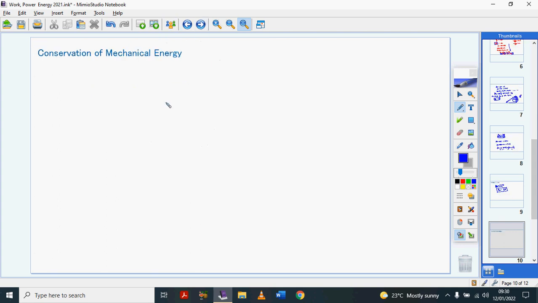conservation of mechanical energy, I've kind of talked about this, that the total mechanical energy of any system is always conserved. So the total mechanical energy, which is potential energy plus kinetic energy, this is initial plus or minus work done by non-conservative forces, because they take away energy from the system. So that's why this has to be a minus, is equal to the final potential energy plus the final kinetic